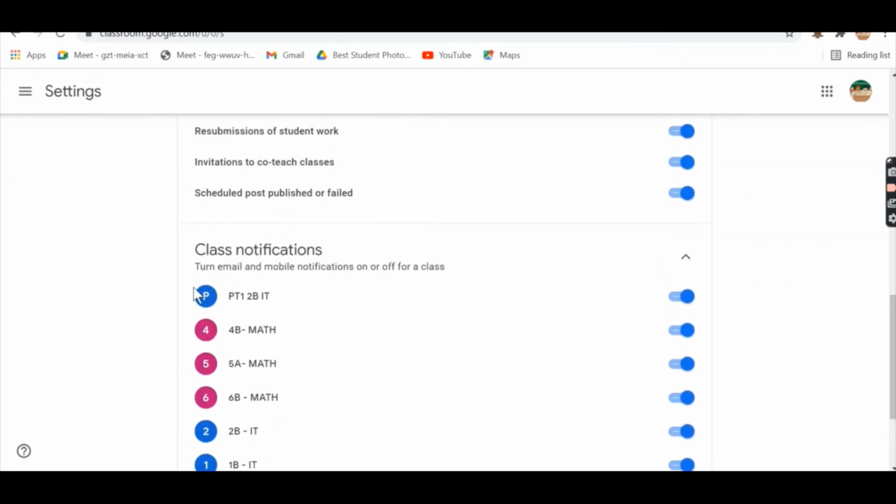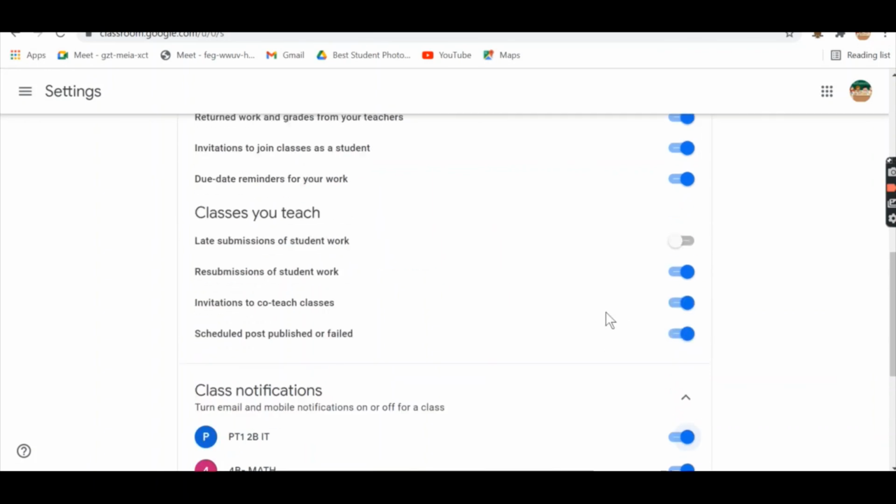If you want to switch off a particular class, you can toggle off the email notification, mobile notification, and class notification. Now I am switching it off for pt1 2B IT, so no notification can be sent, and if the students send some chats, we also cannot receive them. You can do likewise and switch it off.